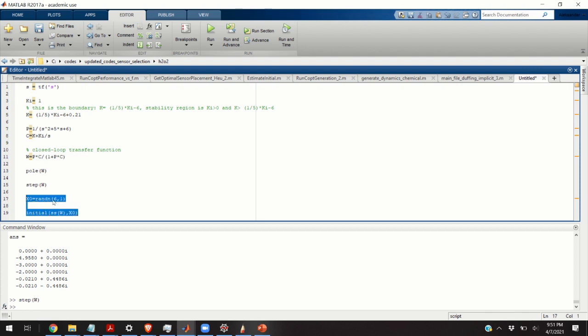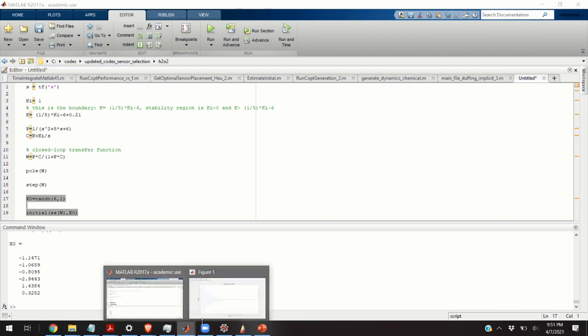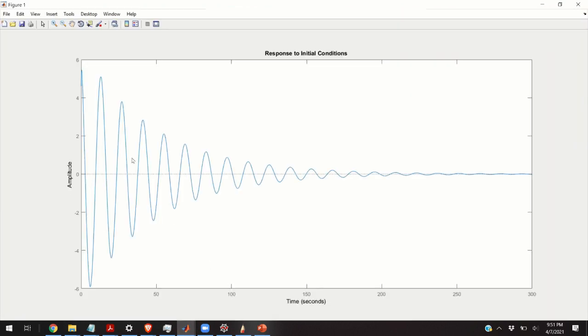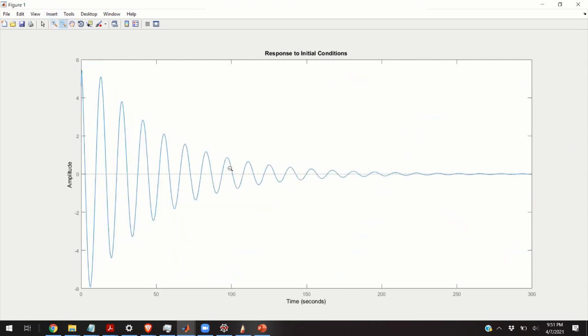Let's see what happens. I'm going to define a random initial state and compute the initial system response, that is, the response to this initial condition. You can simply evaluate these 2 equations and let's see what we get. Great. We start from somewhere over here. Obviously, the initial condition is not 0 and since the system is stable, it settles down to its 0